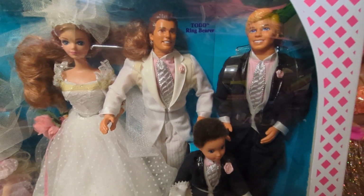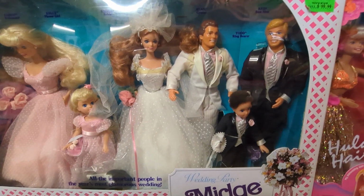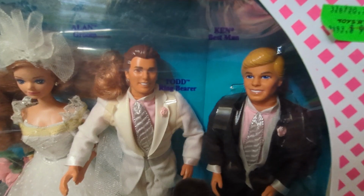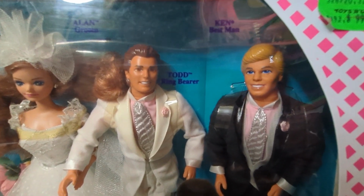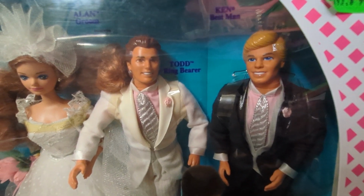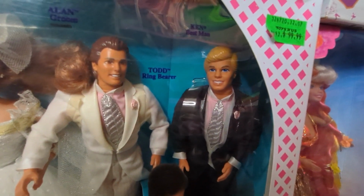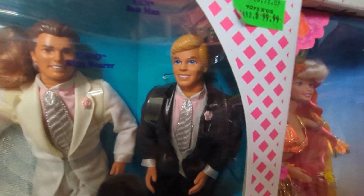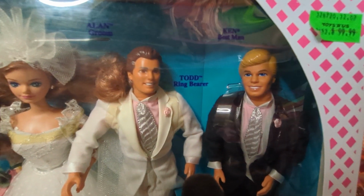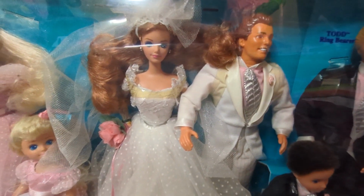Now, I am gonna have to take this out of its packaging. And I say this only because Alan here, I don't know if you can tell, but his face is greasy and sticky. So I'm gonna have to take him out and kind of fix that because we don't want that to get any worse than it already has. Because if you look at Ken, you can tell that he is okay. Like, he doesn't have a sticky face. You can definitely tell side by side. And their plastic wraps are yellowed, and I think that kind of takes away,